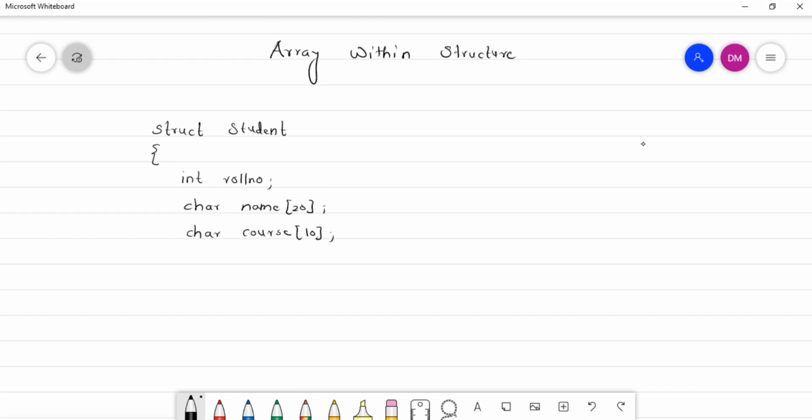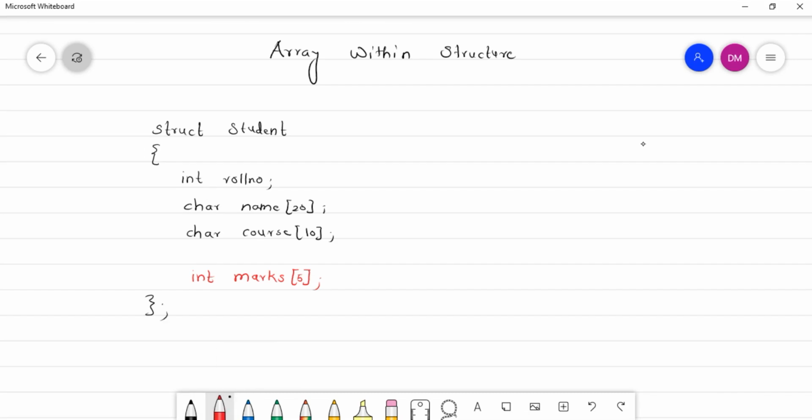And I want to store the marks of the student, and those marks are for 5 subjects. So instead of defining mark1, mark2, mark3, I'll say int marks[5]. Instead of declaring 5 different variables, I'll say marks of 5.